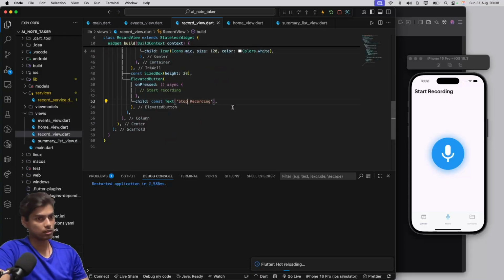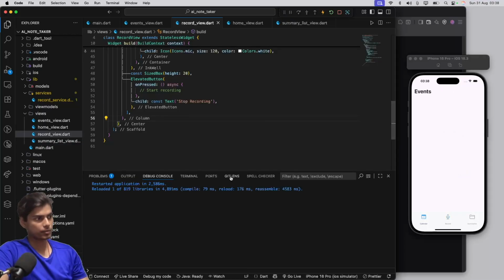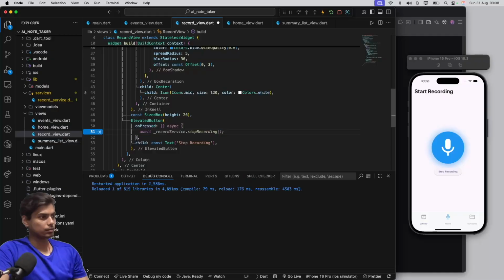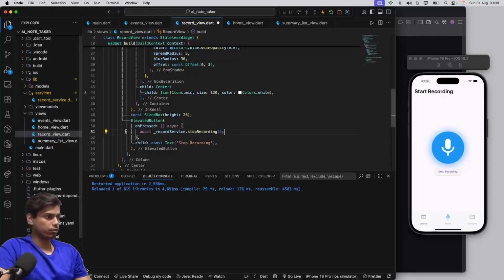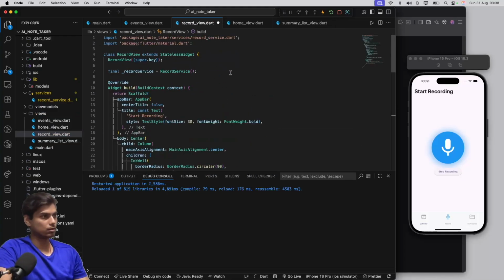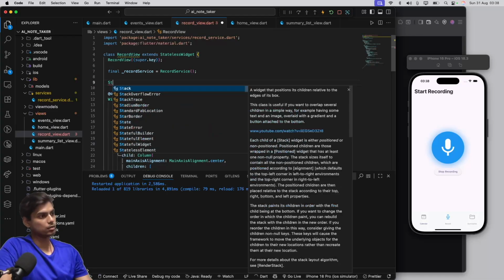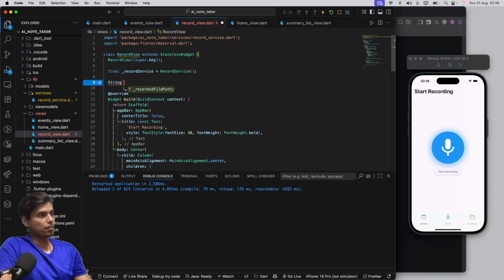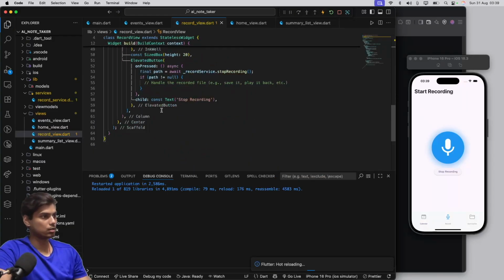Stop recording. Final path. Path is equal to